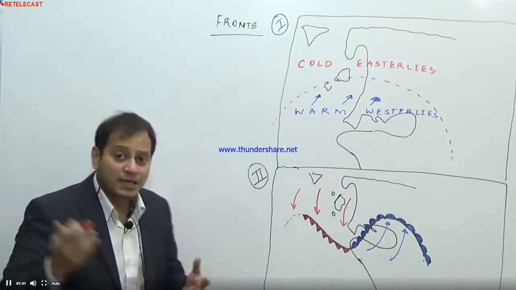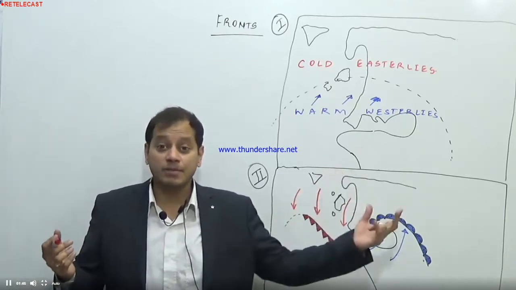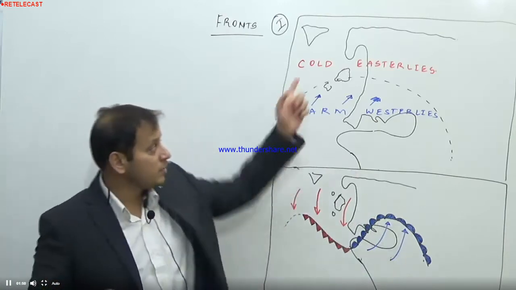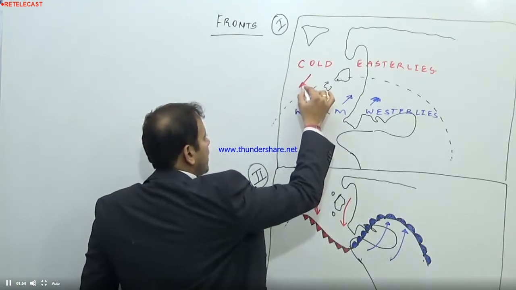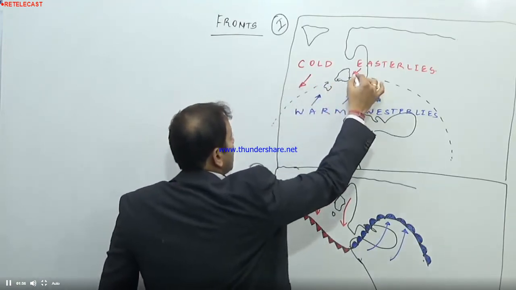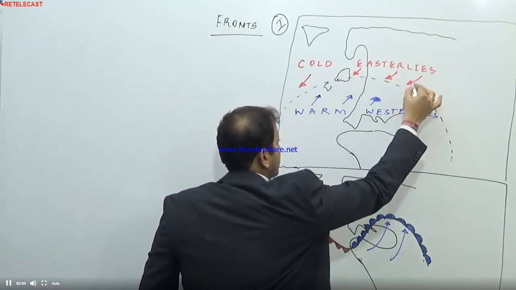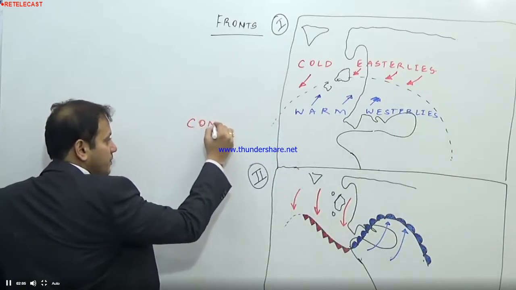On the other hand, there are some winds which originate in the polar high pressure belt, and they come towards the subpolar low pressure belt. These winds are known as polar easterlies, and obviously they are extremely cold winds. Now both these winds come together and become face to face, or in simple language we can say that they converge